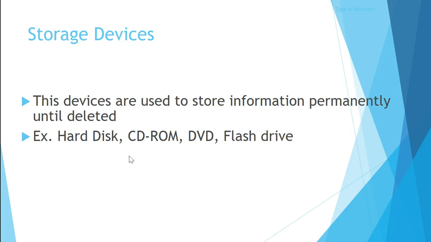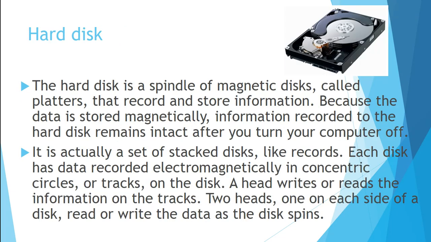There are different kinds of storage devices. When you actually save your file, the file is stored in the hard disk and it can be deleted only when you select the file and delete it later on. One of the basic or standard storage devices is the hard disk, which is present in the CPU cabinet of your computer. Nowadays you get an external hard disk with a USB connection also. You can just put it on the USB port and you can use it.